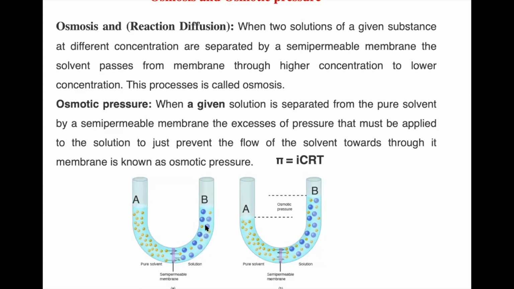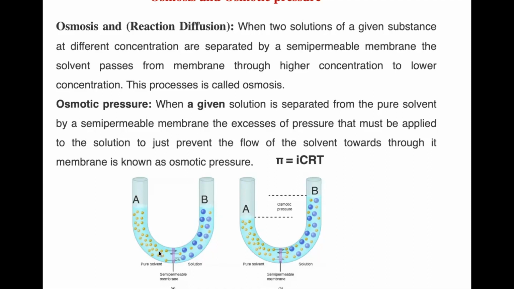In this diagram, you can see a U-shaped hollow tube. This hollow tube is divided into two chambers, A and B, with a semi-permeable membrane. A semi-permeable membrane basically works to prevent the solute molecules from passing, while the solvent can. In chamber B, the solute and solvent both are present. So this semi-permeable membrane prevents the solute present in the solvent, and only the solvent can flow from chamber A to B.